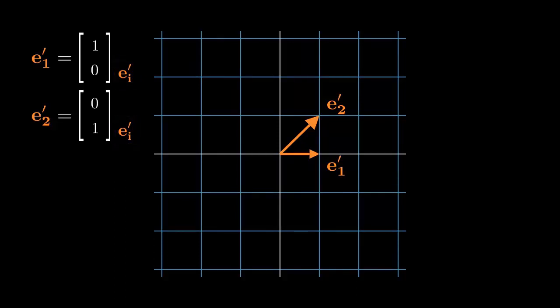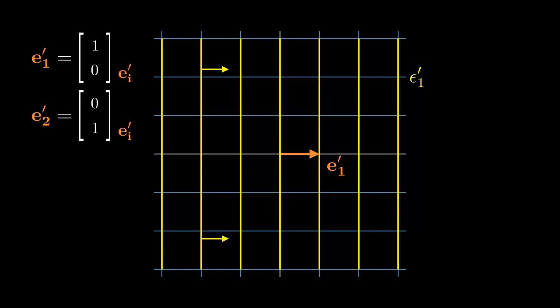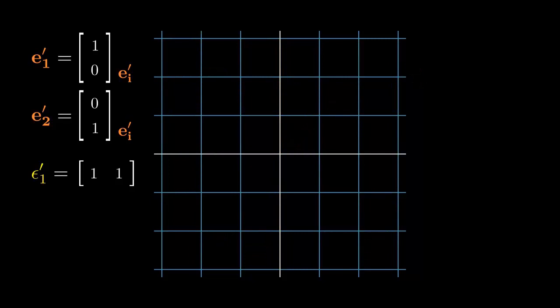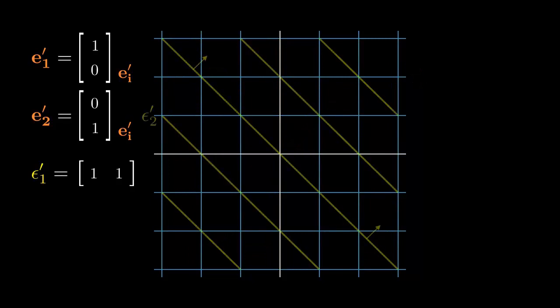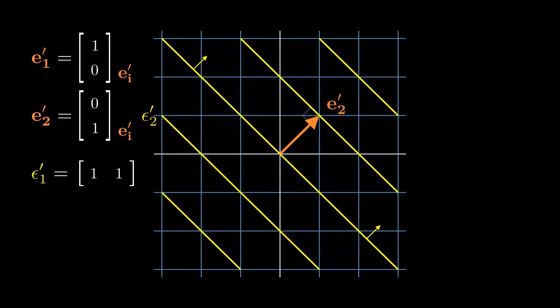Let's think about the basis normal's components. In your first guess, the epsilon 1 dash is perpendicular to the e1 dash. This epsilon 1 dash has the first component, which is fine, but e2 dash shows epsilon 1 dash has a second component too, since e2 dash crosses the lines. The second basis normal will be like this. This is perpendicular to e2 dash. If we make the e1 dash twice as long, then it crosses the lines. Thus, the component is 0.5. The second component is 1.